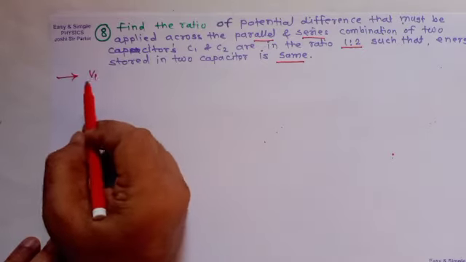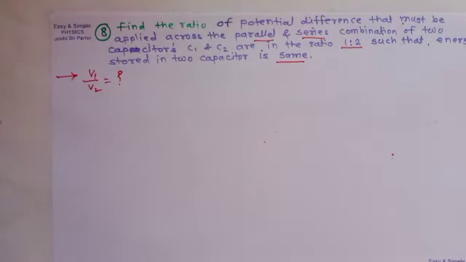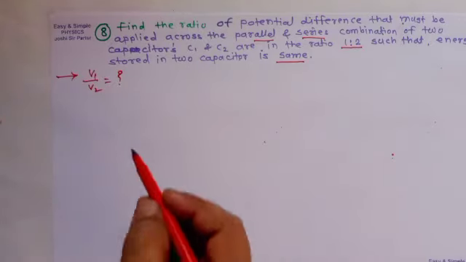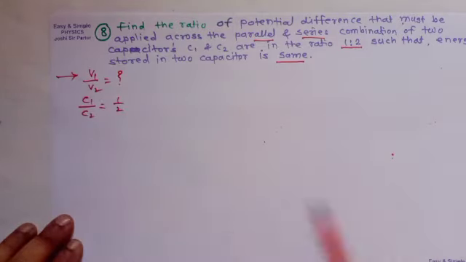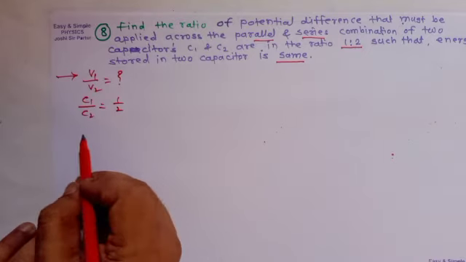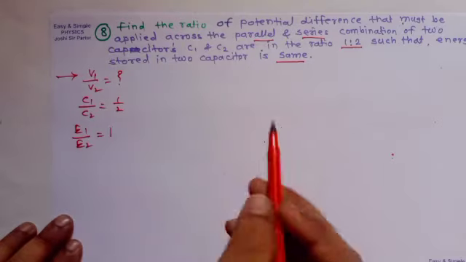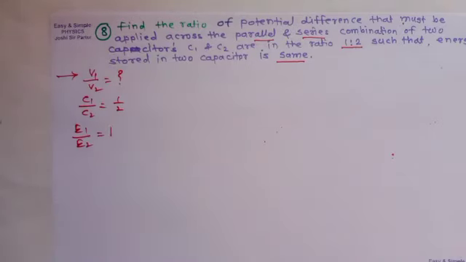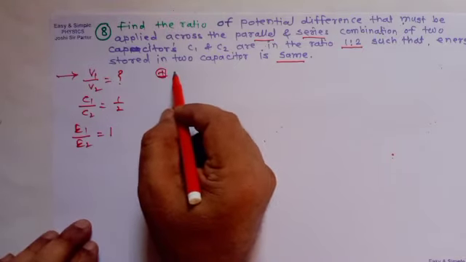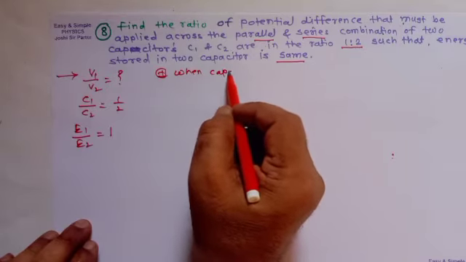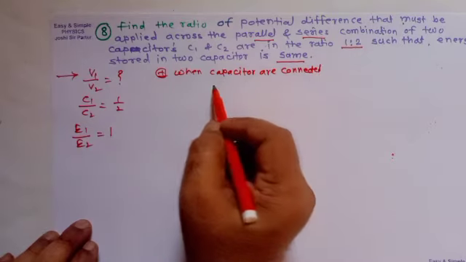We can find out V1 upon V2, the potential difference between the two capacitors. Here the given values give C1 upon C2 equal to 1/2, and energy E1 upon E2 is 1, or E1 equals E2. They are the same. So firstly, when capacitors are connected in series,